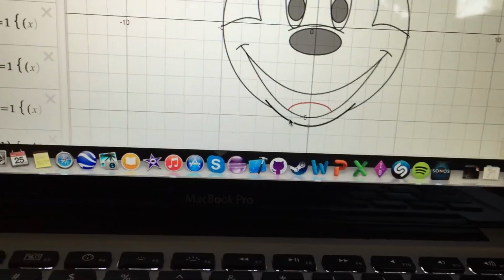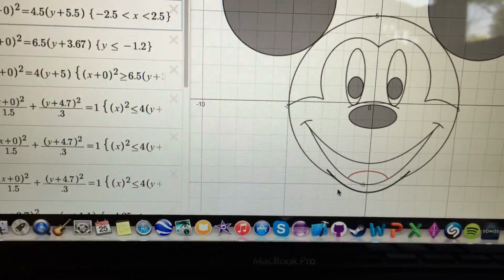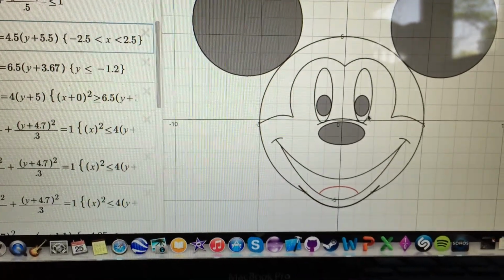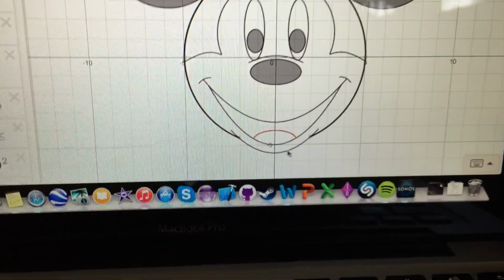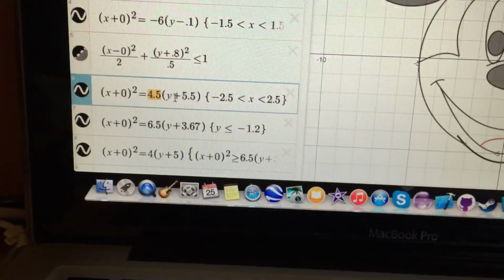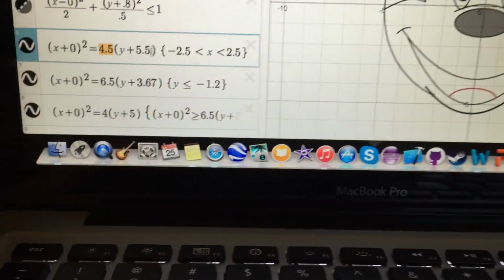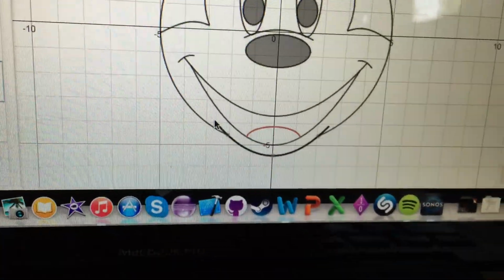The second equation is the chin, which is right here. The chin is a parabola, and to make this chin, I just made a parabola in the center, and I brought it all the way down to a little bit below this circle, which is the head of the Mickey Mouse, and I changed the wideness a little bit. I changed the latus rectum, the wideness of the parabola, to make it as wide as I wanted it to be, which was based on this mouth, and I translated it down, and I restricted it a little bit